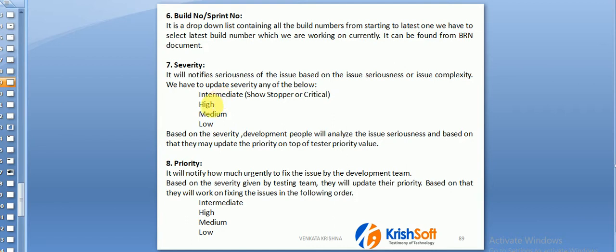High: login is working, but compose is not working in Gmail. That is a high. If compose is not working, you cannot send mail to others, but you can see the others' emails. You can see the sent mails. You can see the trash. But some high level functionality is not working. That is a high. Or low level functionality. You deleted one email from your inbox.